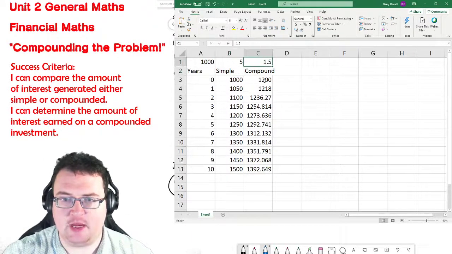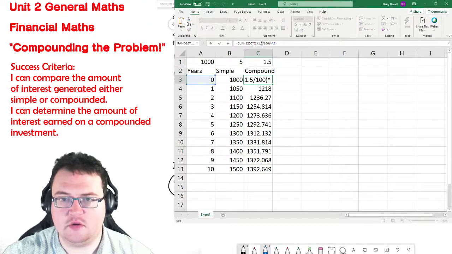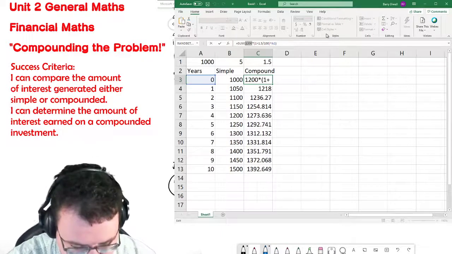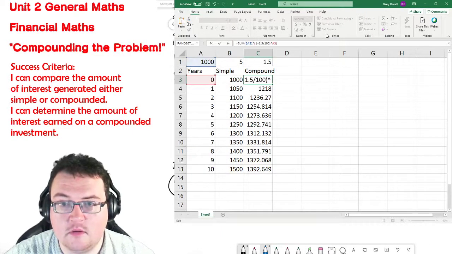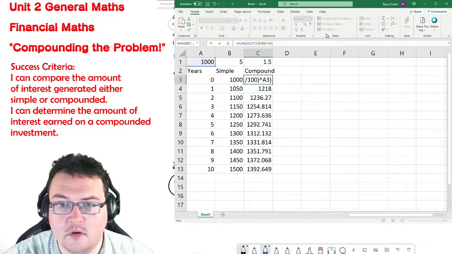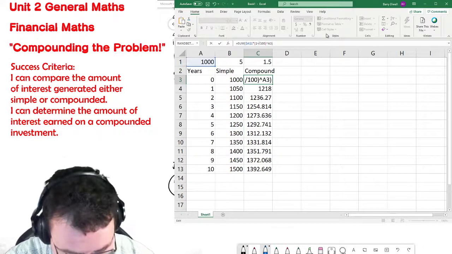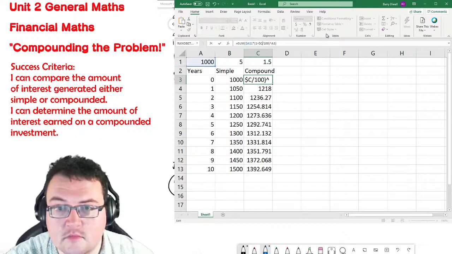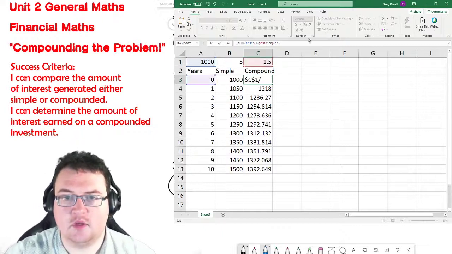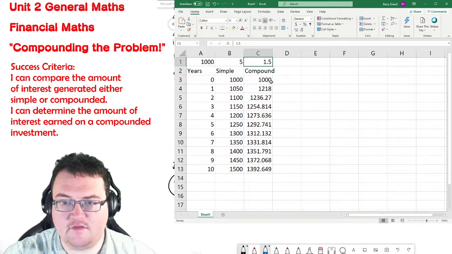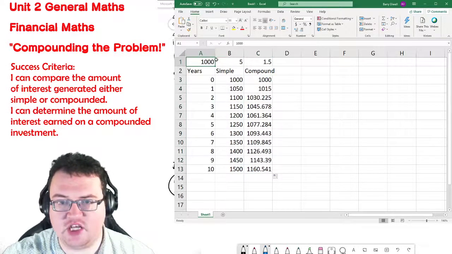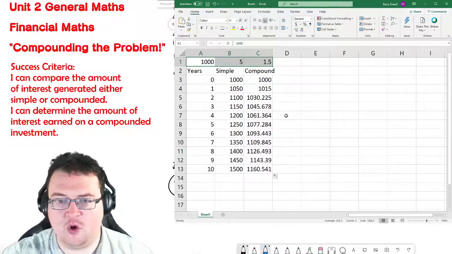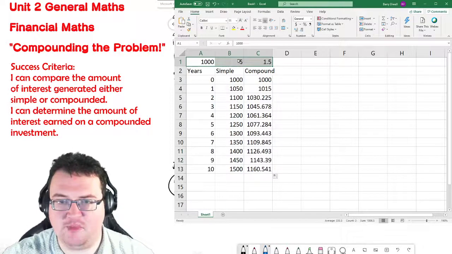And then I can do the same for this one here. So now I can change these three values, and that will automatically update my table and allow me to compare